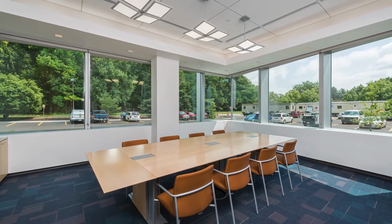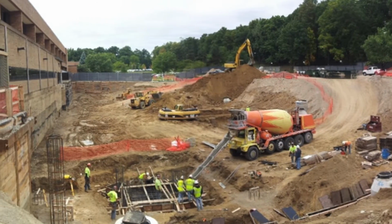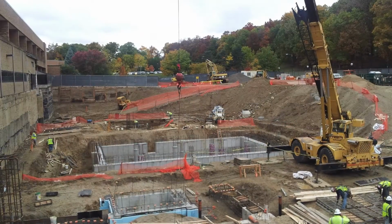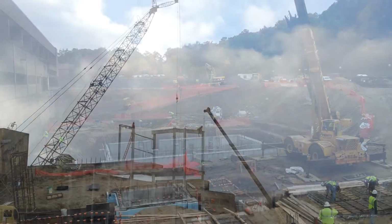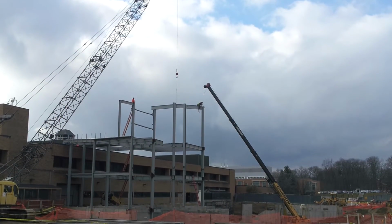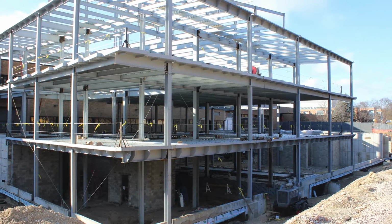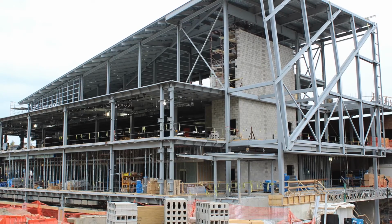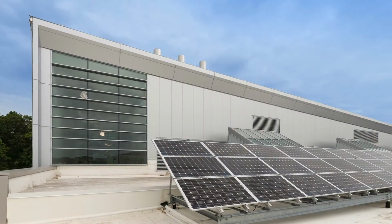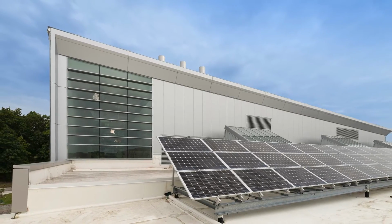One major challenge overcome by DeMaria was adding the addition to an existing occupied laboratory building without disrupting ongoing operations. Building information modeling was utilized to coordinate the MEP trades and lab casework. The project achieved LEED Gold certification for elements including a photovoltaic system, solar-powered water heater, and the recycling of construction